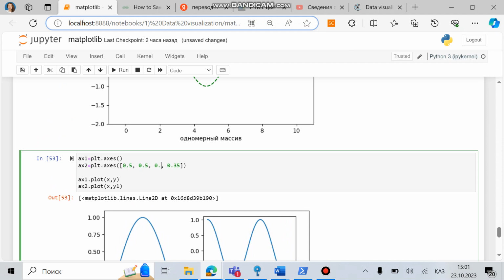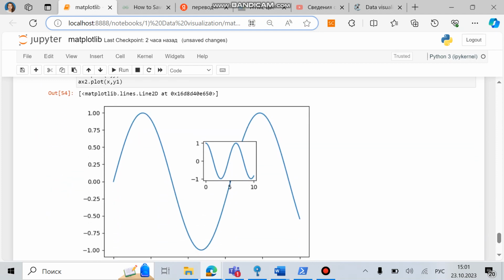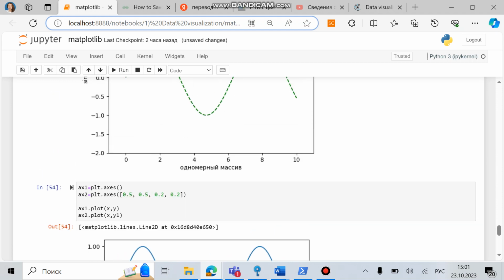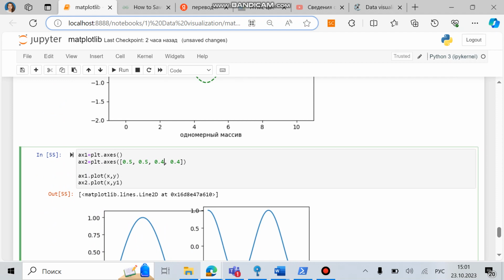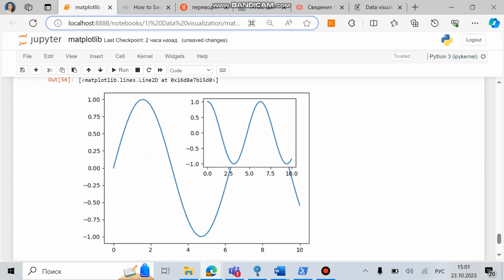You can write like 20%. Let's say, sorry, it will be a little bit smaller like this. Yes, and also you can write like 40 maybe percent, run, and it will be like this, but more useful is using the 35. Run. And as you can see,